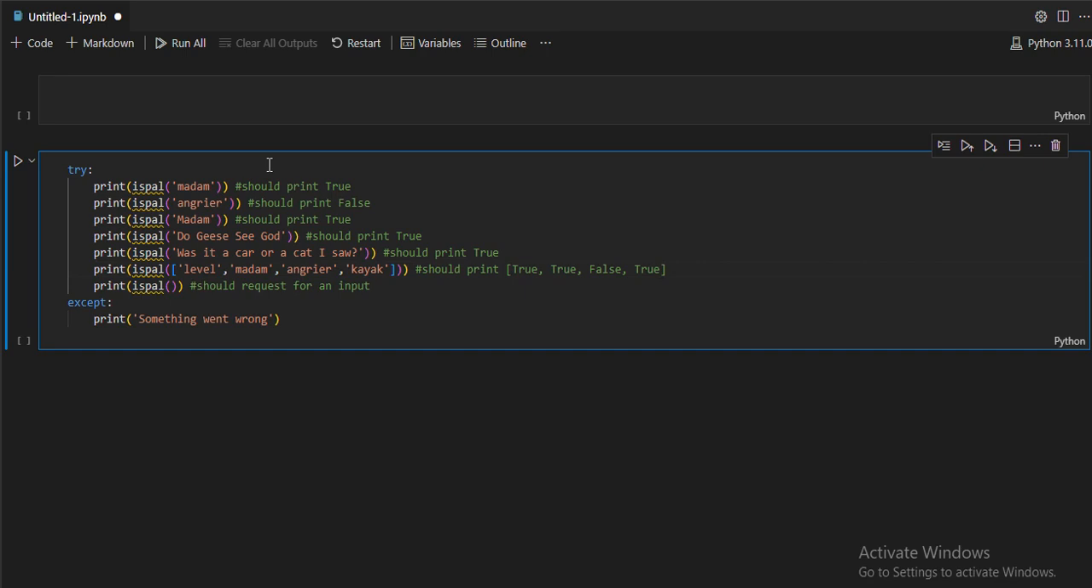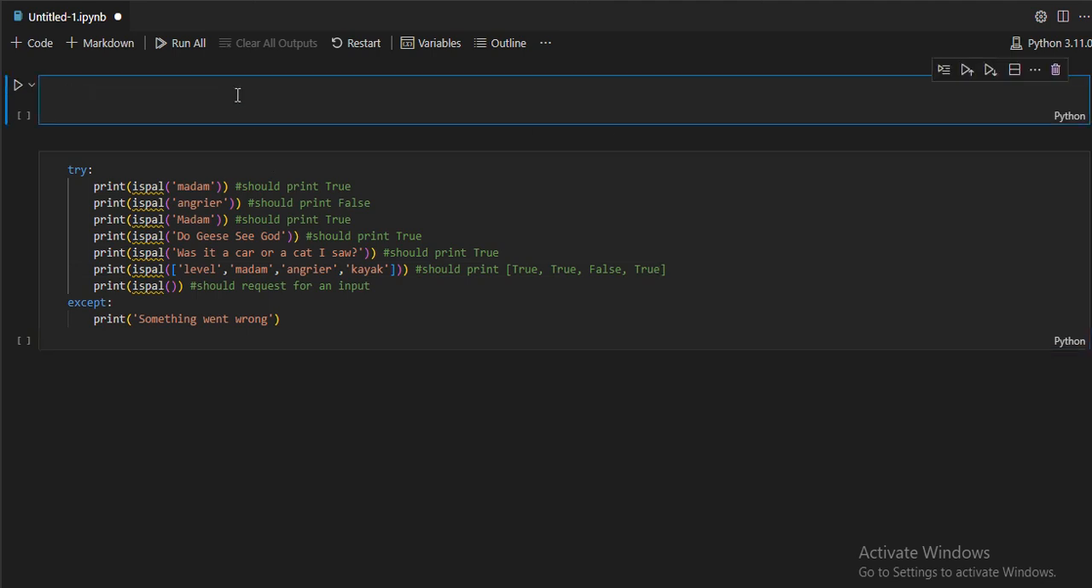Hello everyone. So today I'm going to be writing a Python code to check if a word or sentence is a palindrome. A palindrome is a group of words, a string of text that reads the same either from left to right or from right to left. Examples of palindromes include words like